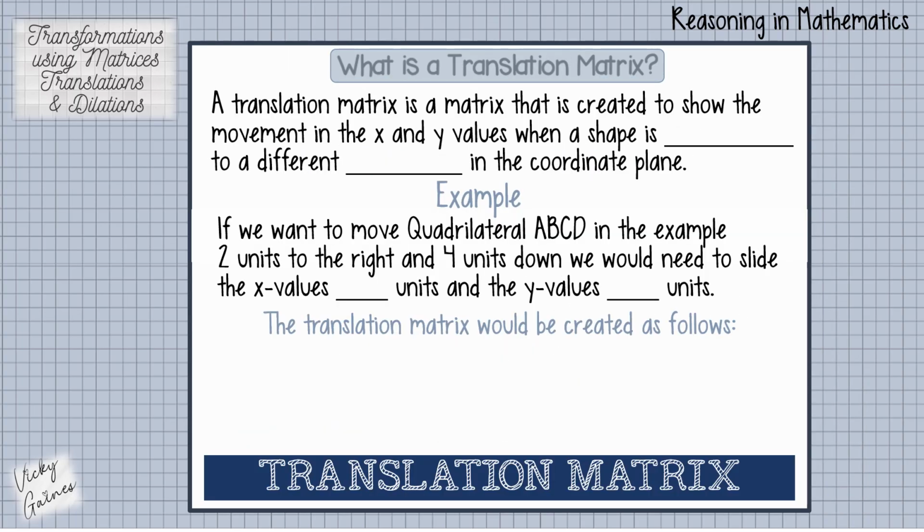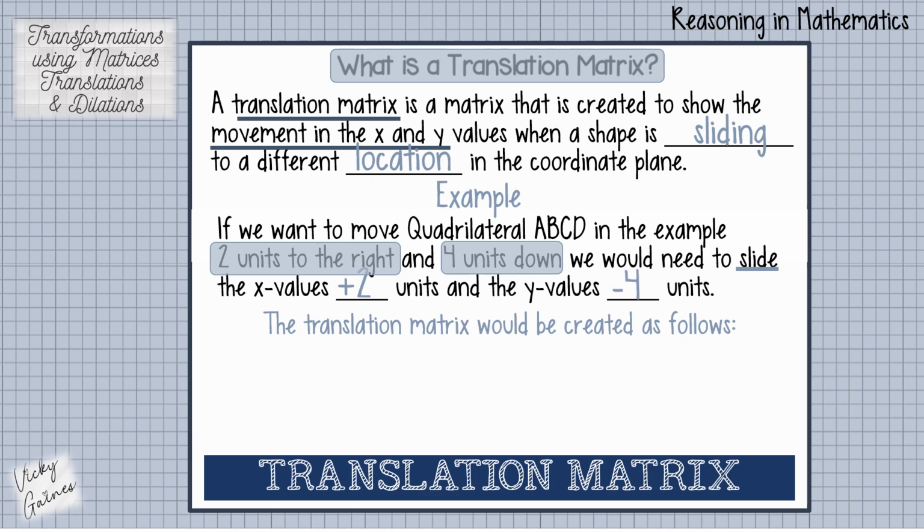First, in order to do our translation using a matrix, we need to do a translation matrix. So what is it? A translation matrix is a matrix that's created to show the movement in the x and y values when the shape is sliding to a different location in the coordinate plane. Example, if you want to move quadrilateral ABCD, the one we just did in the example, 2 units to the right and 4 units down,